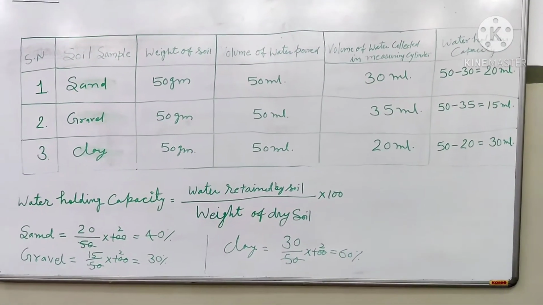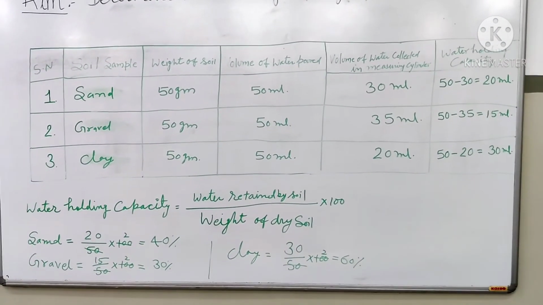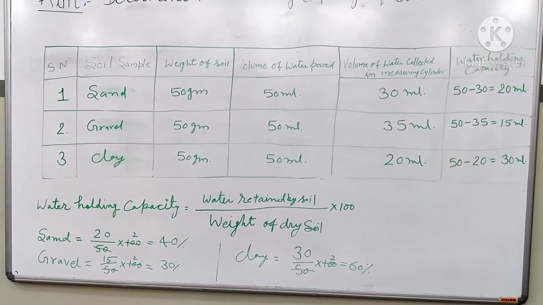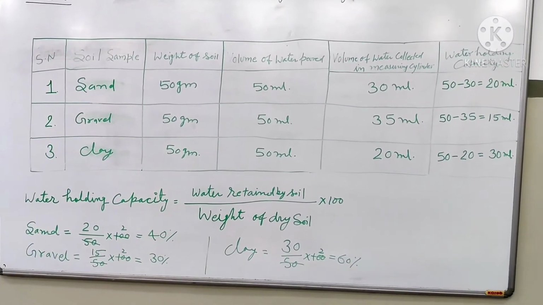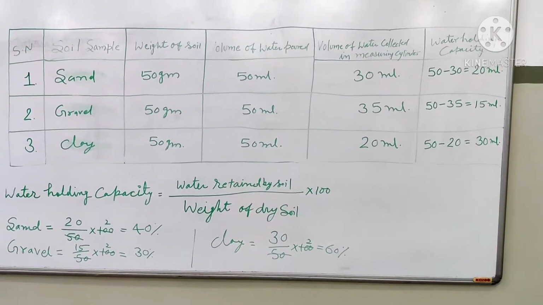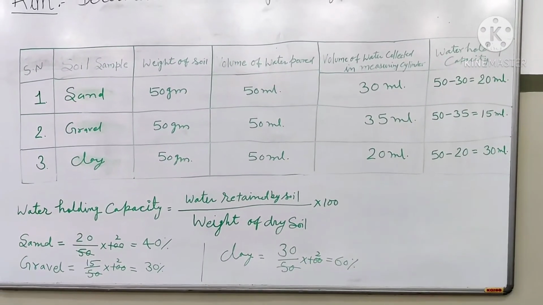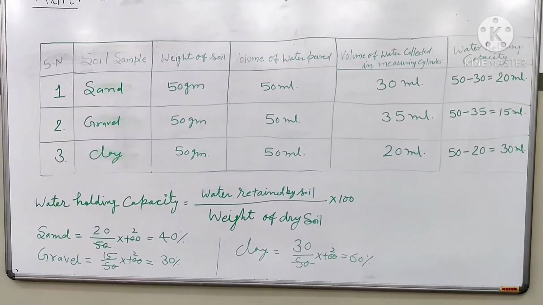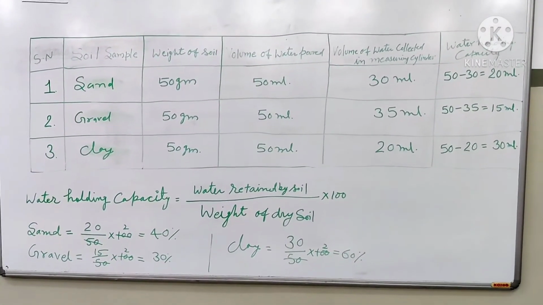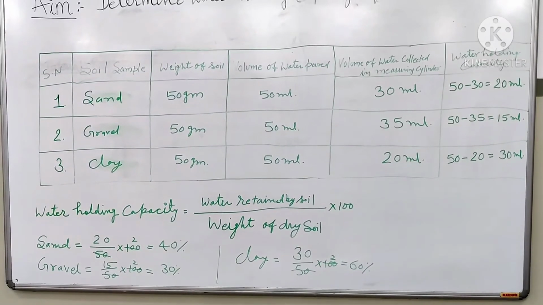That is very important. All the measurements, whether it is the measurement of the soil weight or the volume of the water, or after the percolation how much water has percolated, all should be correctly measured. Once you measure all the values correctly, only then will the calculation be correct. Okay. So these are the certain important precautions in it.